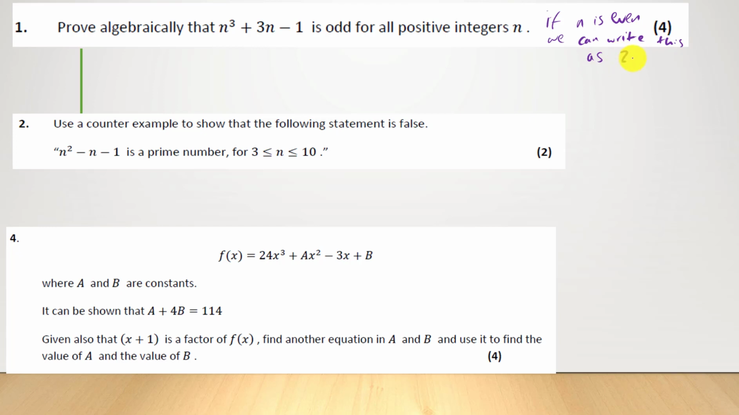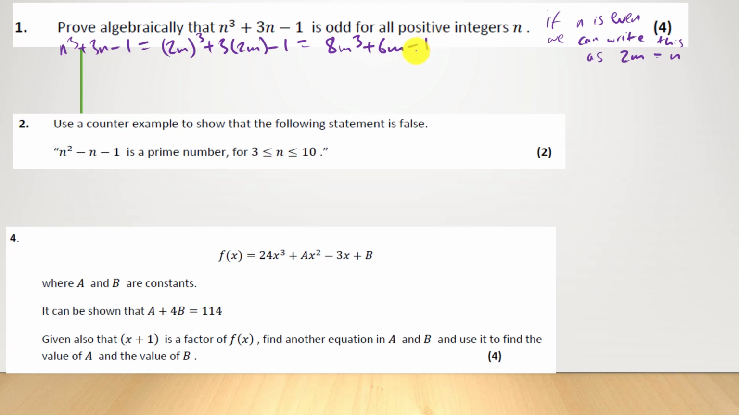2m. Now please pause the video and give this a go if you think you can, and check if you're right. So, because 2 times m is always going to give us an even number, right? So we're going to let 2m equals n. So this means n cubed plus 3n minus 1 is going to equal 2m cubed plus 3 times 2m minus 1, which equals 8m cubed plus 6m